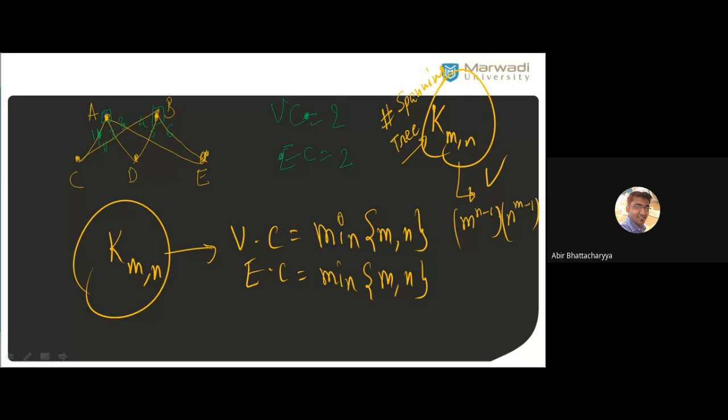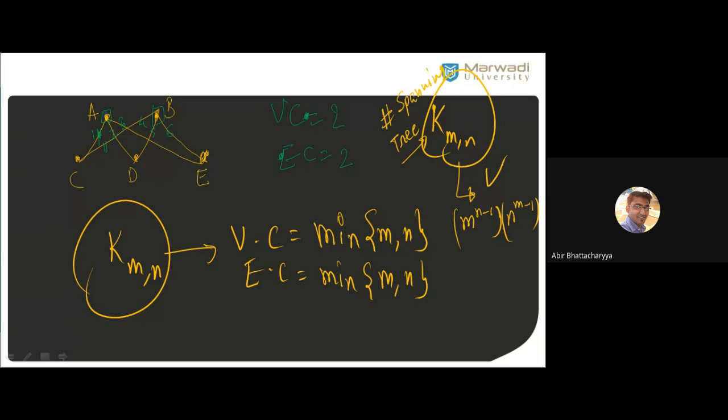So we can ask you in the exam, right? Draw the possible spanning trees of K2,3. How many spanning trees possible? 12 maximum. So you can ask this question for 6 marks. 12 spanning trees you have to draw. Definitely. 4 marks, 6 marks, 8 marks, depending on the statement.